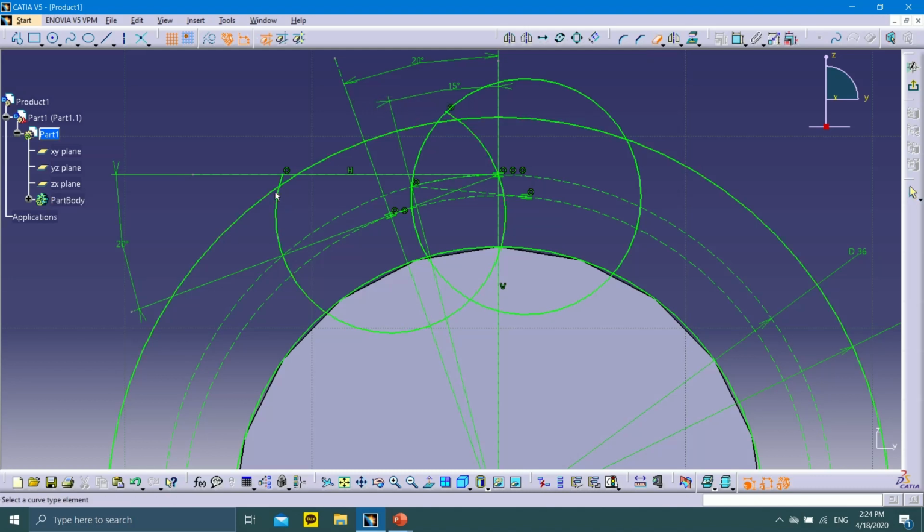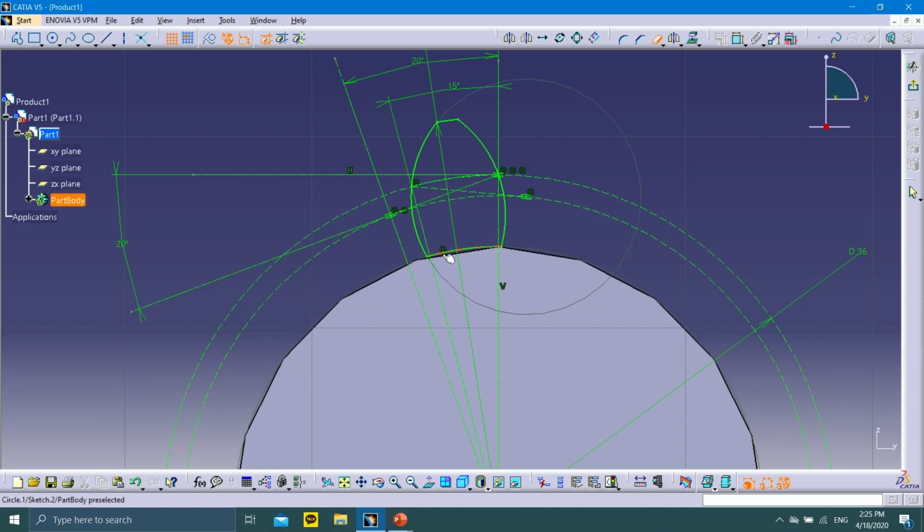Okay, I will delete, and delete the outer diameter. Okay, and the rest of this, the